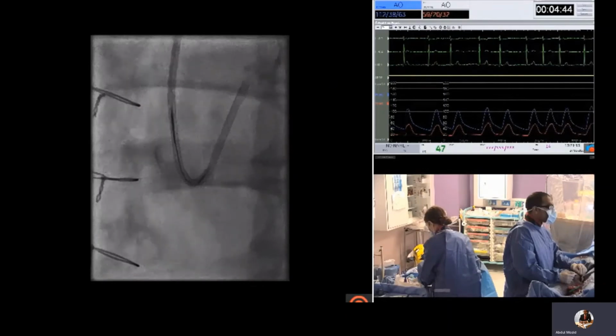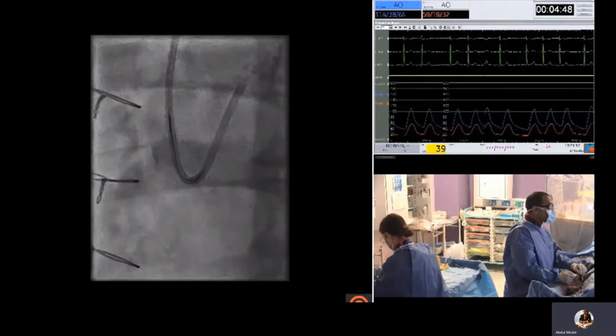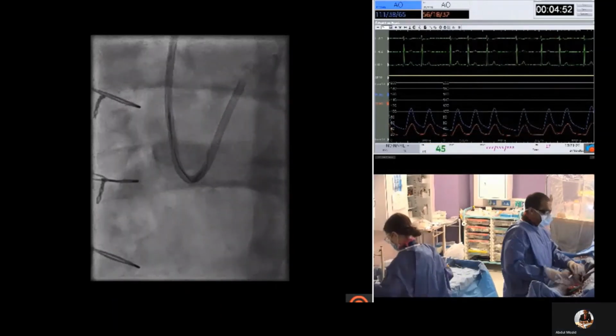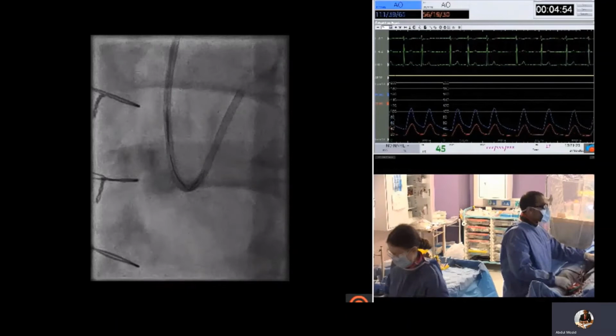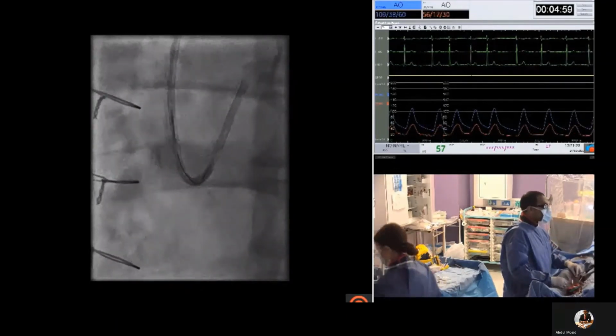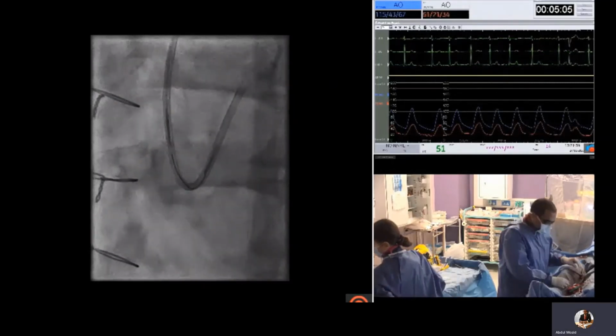So here we are. This is usually best performed at an angulated segment of the guide catheter at the apex, so you can direct both bits of equipment to roughly the same place. So this is real time. See here, trying a different position now. I've taken the microcatheter back,